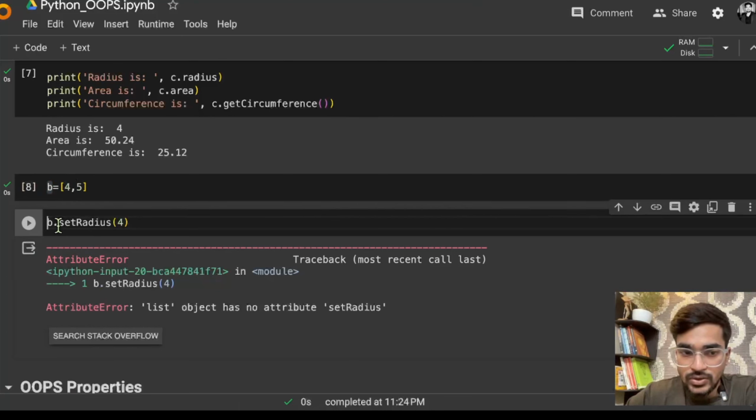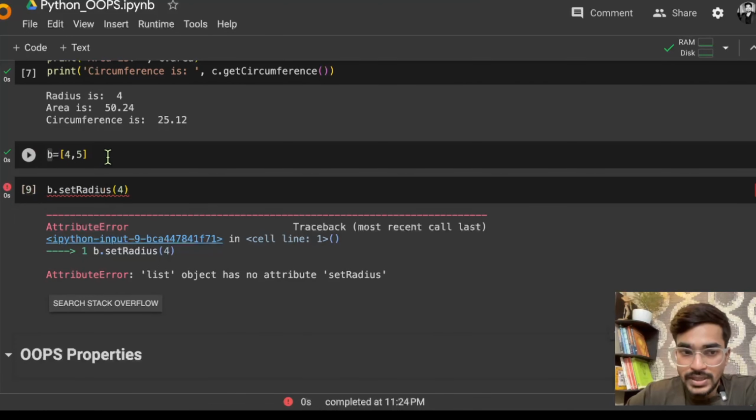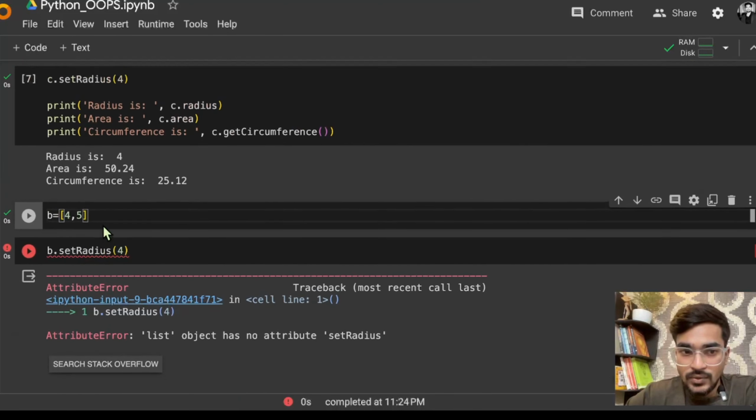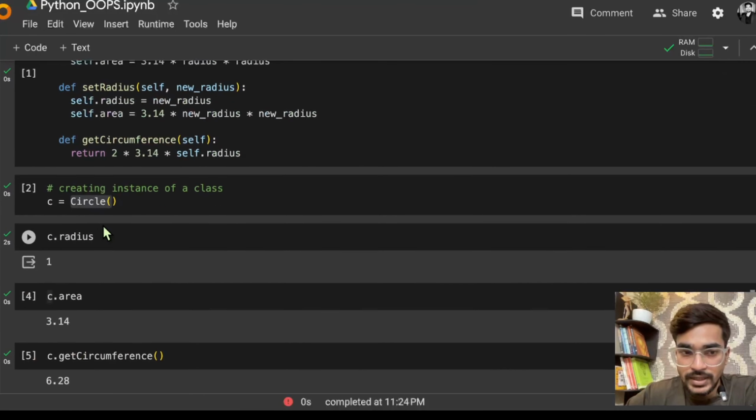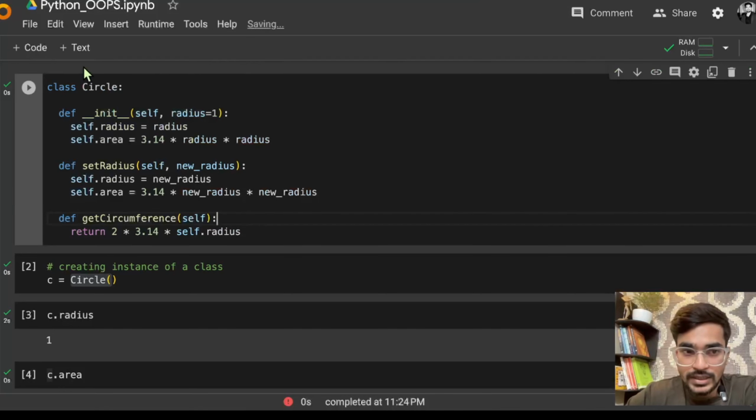Now if I apply the dot set radius method on b, what will happen? It will return an error. Why? Because b is defined inside the list class, and whatever methods we are defining here, set radius and get circumference, are defined under the circle class. So we just defined it inside the circle class, and it is not any inbuilt method present inside Python.